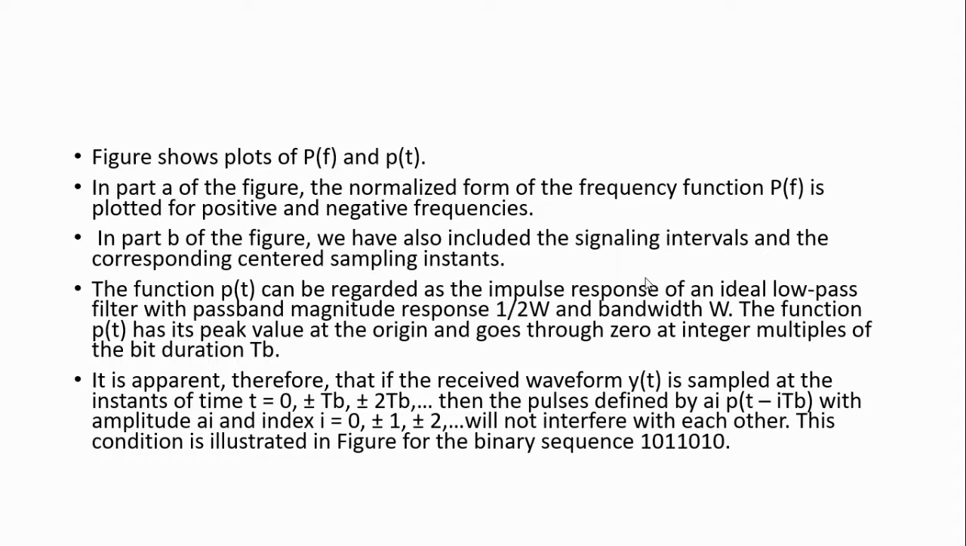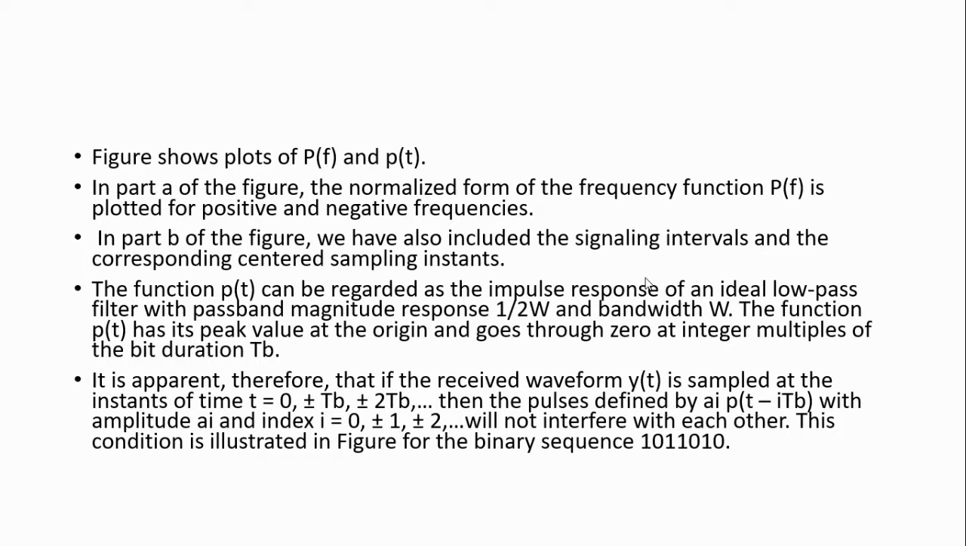And in part B, the figure includes the time domain function. This time domain function represents the impulse response of the ideal low pass filter with magnitude response 1 divided by 2W and bandwidth equal to W. The function P of t has the peak value at the origin and it goes to 0 at every integer multiple of